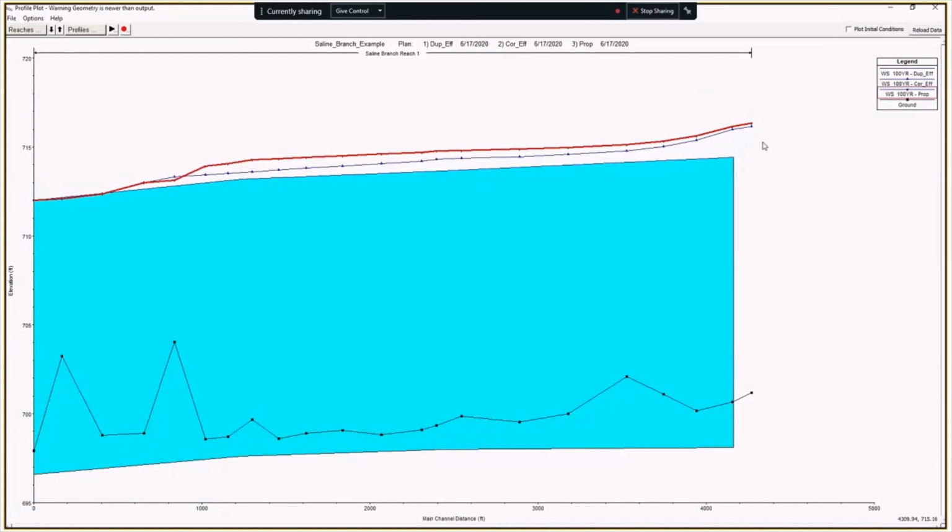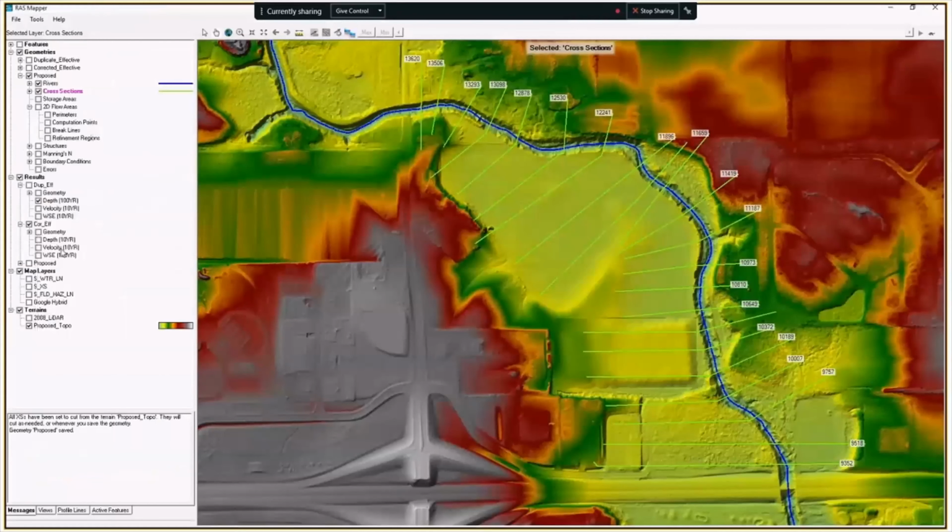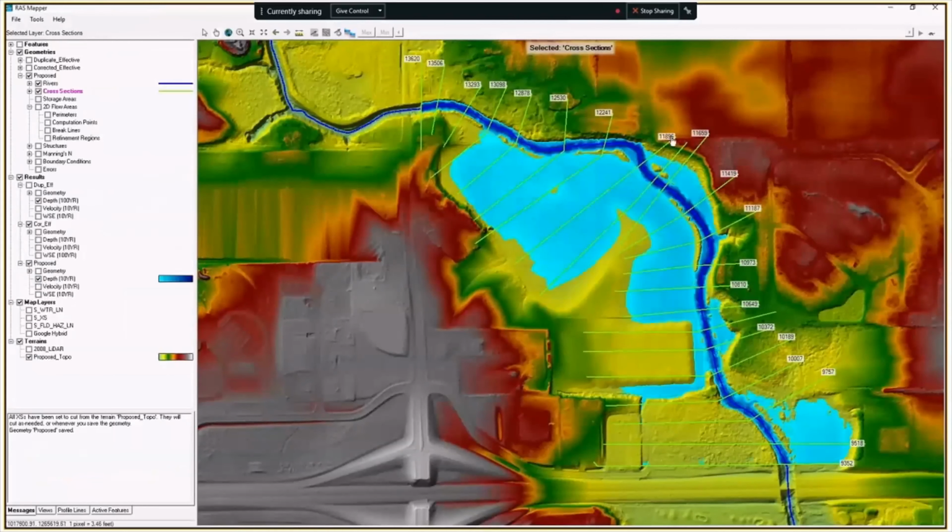You'll also notice that there's a difference in the reach lengths here, and you'll recall because we manually adjusted the duplicate effective reach lengths, that overall reach is a little bit shorter than the corrected effective and proposed conditions reach lengths. But generally here we're comparing apples to apples, at least when we pull down the elevations from the profile output table. Going back to RAS Mapper, we can also look at our